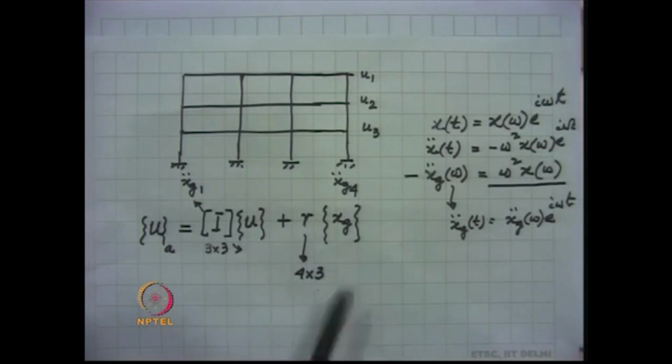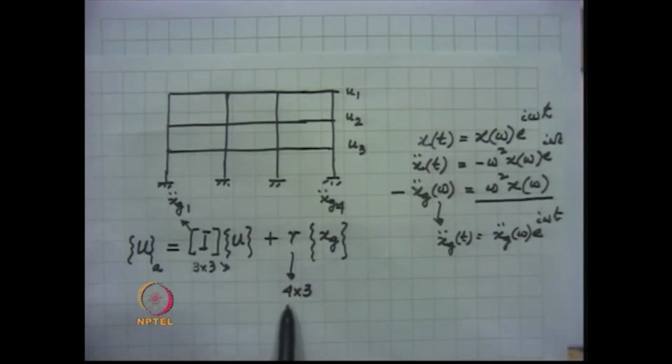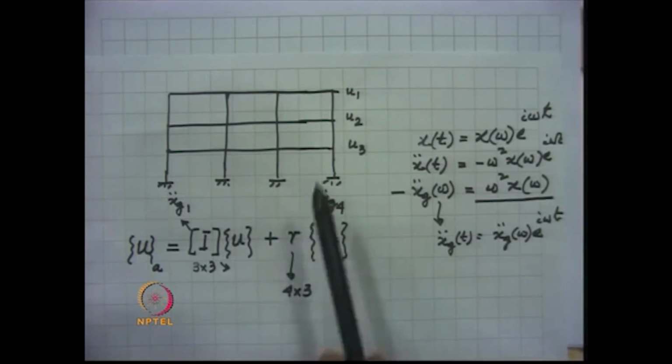Therefore we have a 4 by 3 R matrix, and when it is multiplied by this xg vector,